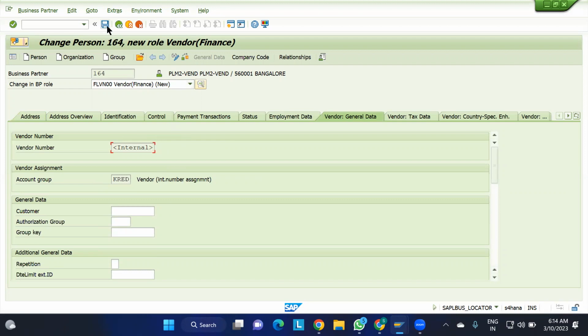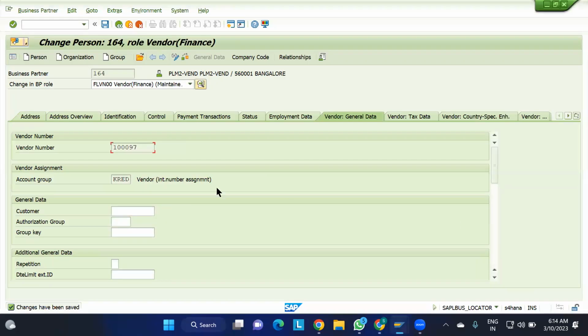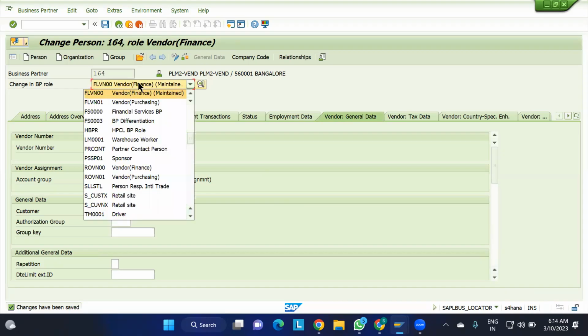Okay, I will just save this here. Okay, I have created the company code data as of now. So this has given me one internal number. Okay, we will just copy it. This is our vendor, and 164 is one more internal number. Okay, so I have not yet created the purchasing view for this. Okay, purchasing data I need to fill means I have to select this. I have to take the role as